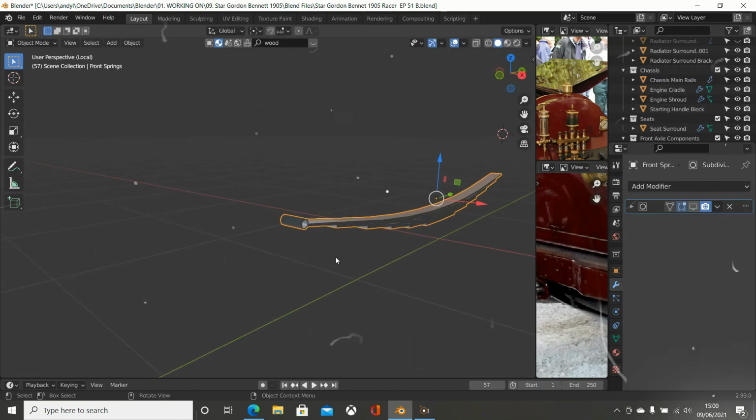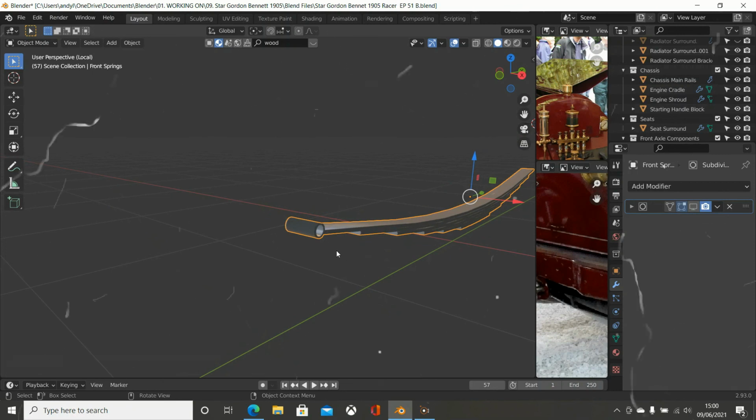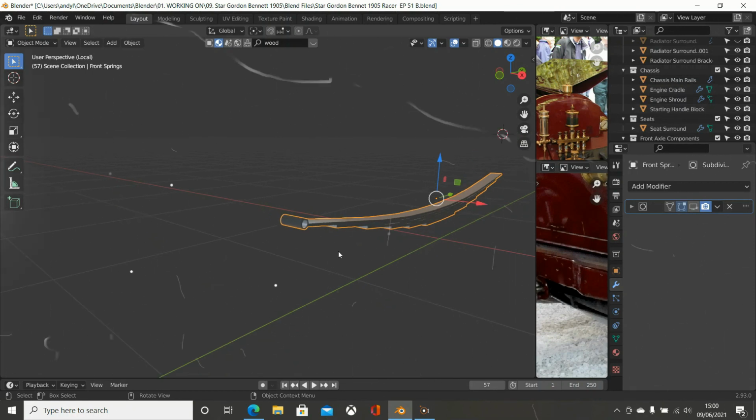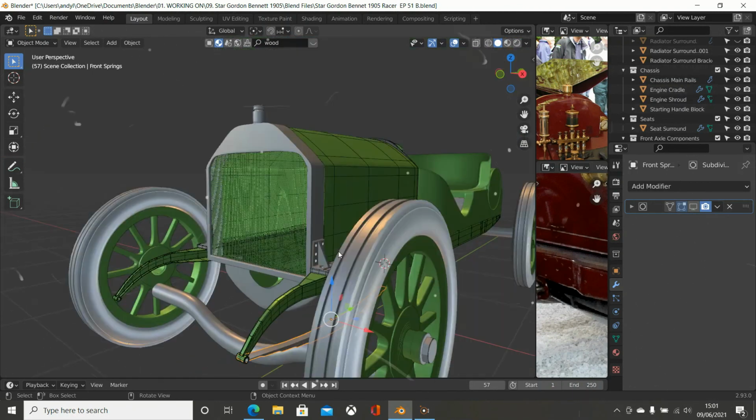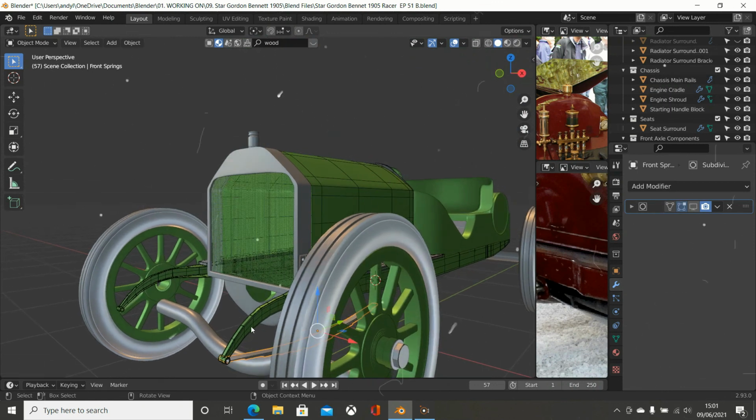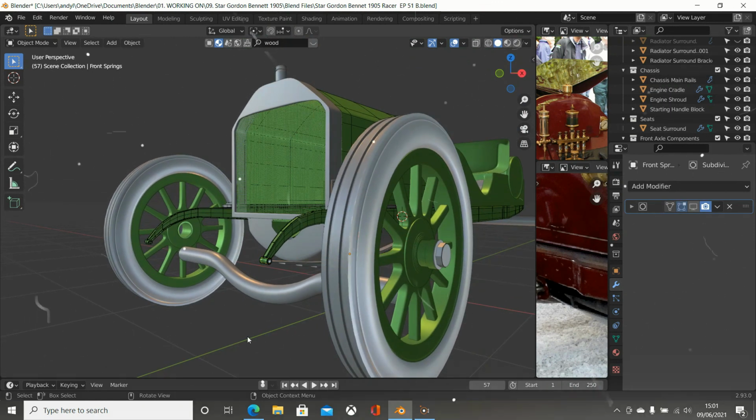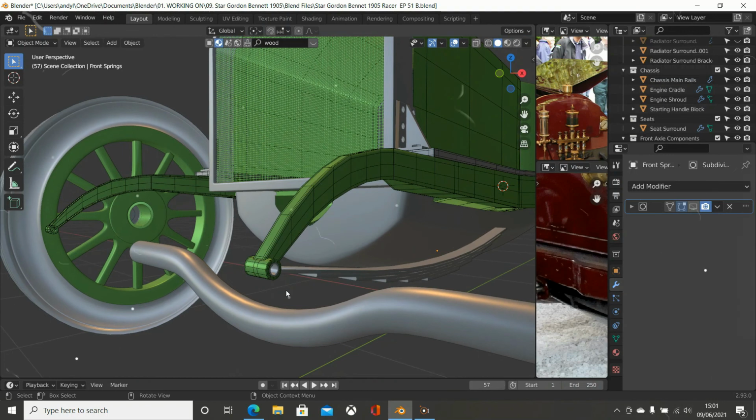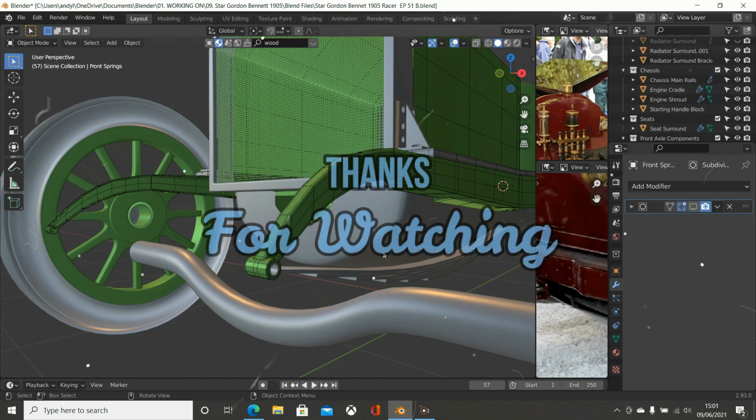So I'm going to do the other side off camera, and then in the next episode, if we bring the whole model back, this is how it looks. So that's good. So I need to put one on the other side, so I'm going to do that off camera. I've shown you what to do. If you're following along, please have a look at doing that, and then we'll put the bracket in